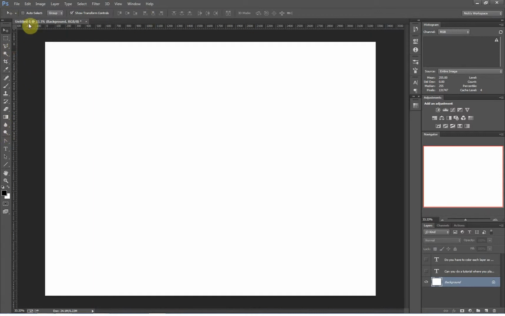So for example, right now I've got the Move tool selected, this top tool, and what I've got up here is all of my alignment options that would be available. If I switch to something like the marquee tools or the lasso tools, then all of a sudden I have options about feathering and about making a new selection. And that's all based off of the fact that the marquee tool and the lasso tools are tools that you would use to make a selection within Photoshop. So every single tool that I click on, you can see up top, will change what options I have